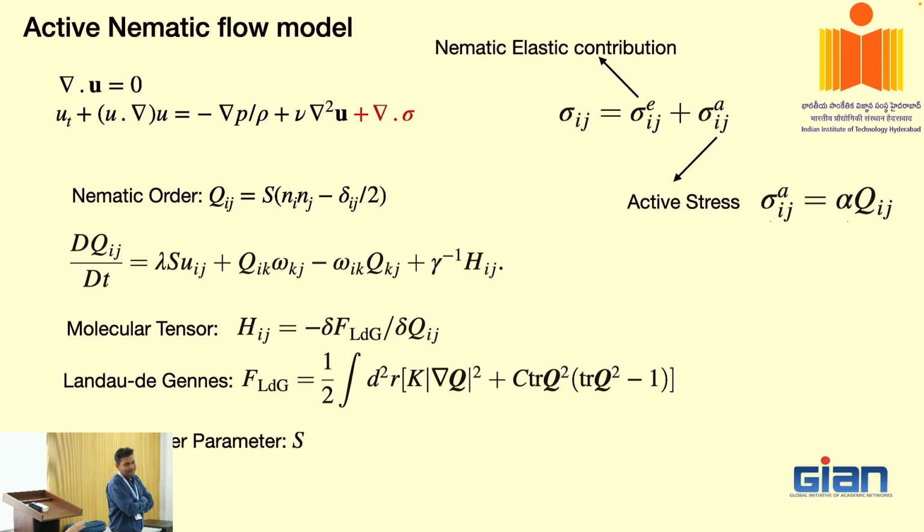Of course, here you have much less degrees of freedom in terms of this alpha 0, alpha 1. Yeah, I agree. So here the only parameter that you tune is alpha, and based on the sign of alpha, you can see whether it is going to be a pusher, puller, or contractile or extensile. You have a few parameters in the free energy, but of course the equations are more complex, but these things are already well established. It is from de Gennes' time that we know what it is going to be.